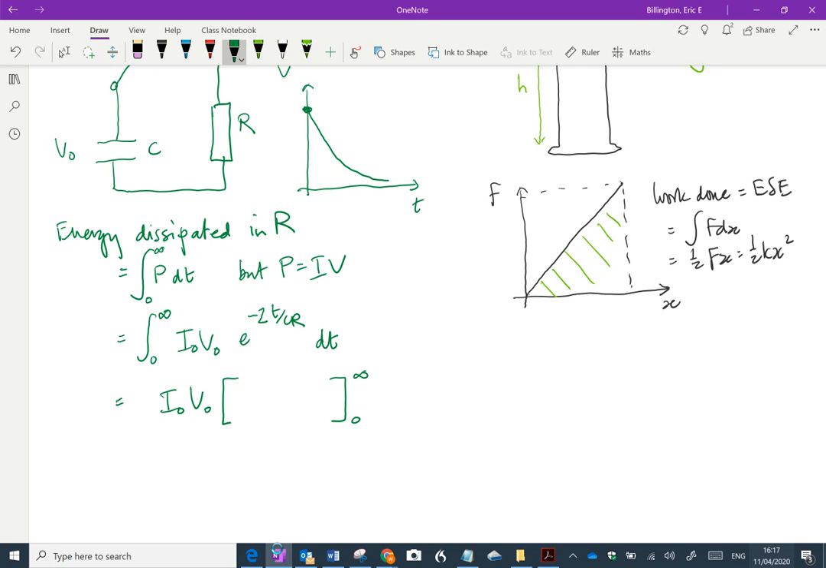Well, e to the minus 2t over CR, when we integrate it, we get something that looks pretty similar, e to the minus 2t over CR. But if we differentiated that, we'd get minus 2, so we need minus a half. And we'd get divided by CR, so we need to multiply by CR. Okay, then we're going to put the limits in. When t is 0, e to the 0 is 1, and when t is infinity, e to the minus infinity is 0. So the minus sign disappears, and we're going to get half